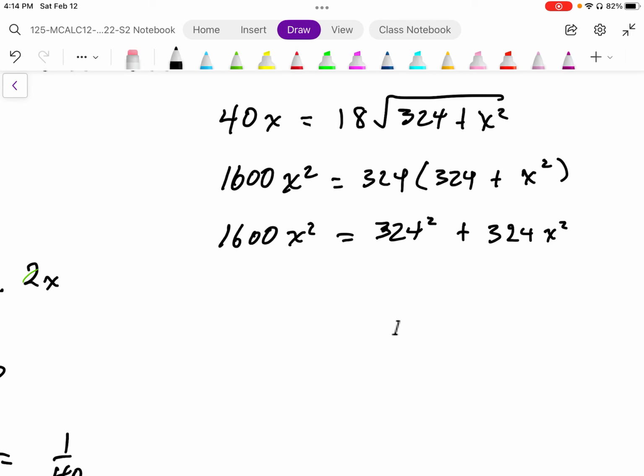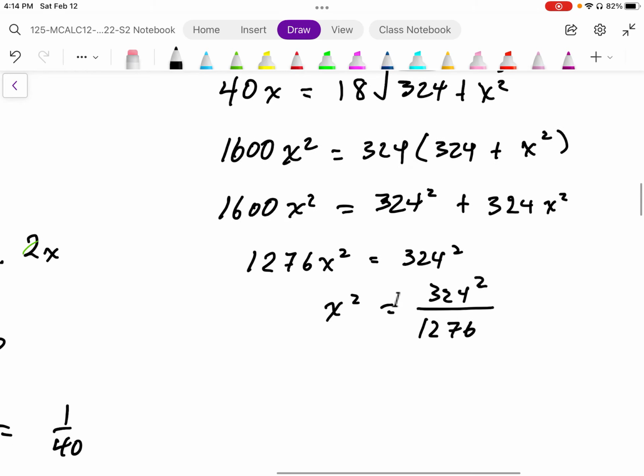Subtract 324 from both sides, I end up with 1,276, it looks like, x squared, and that's equal to 324 squared. Okay, solving for x, we get 324 squared over